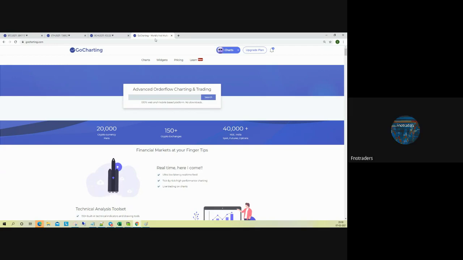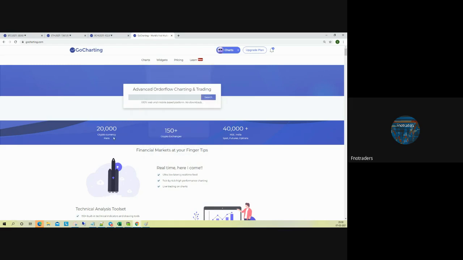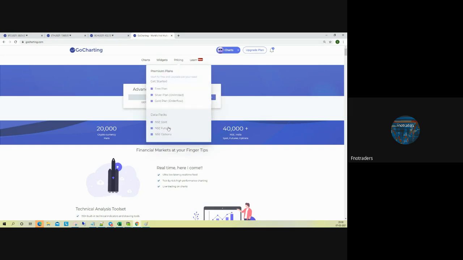So, a quick thing for anybody new: this is the platform, gocharting.com. Within that, you need to look for a data plan around NSE futures. Crypto data is available for free. For Indian index data, you have to look for one of these plans.